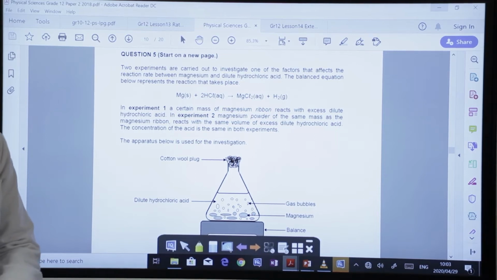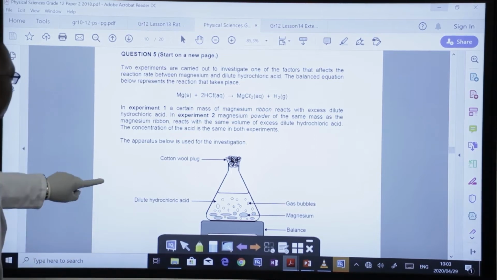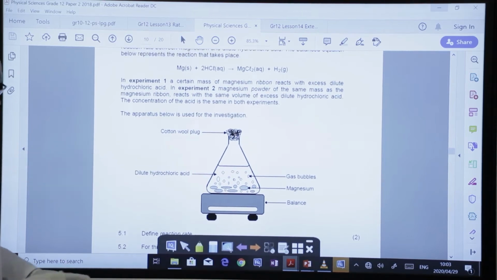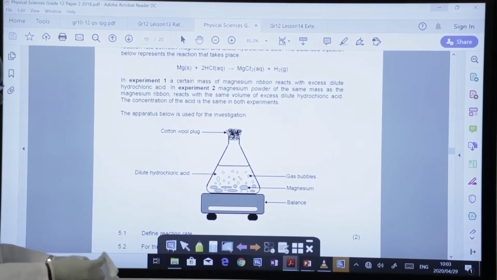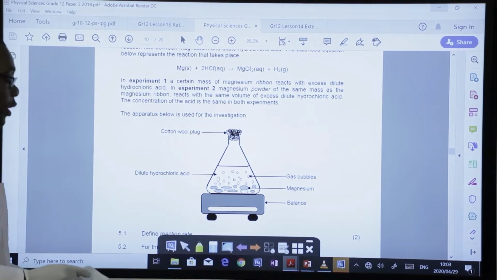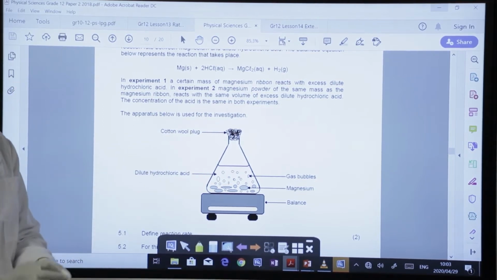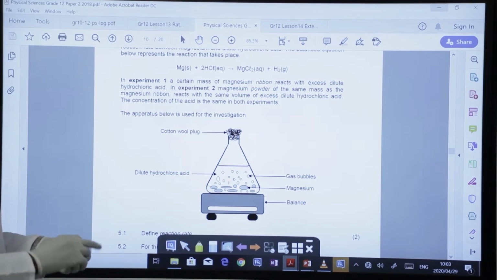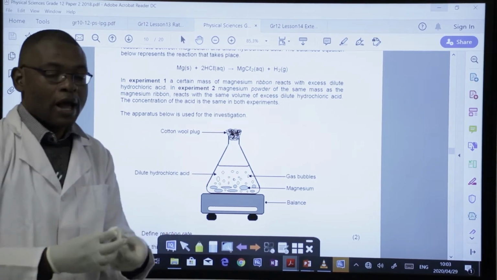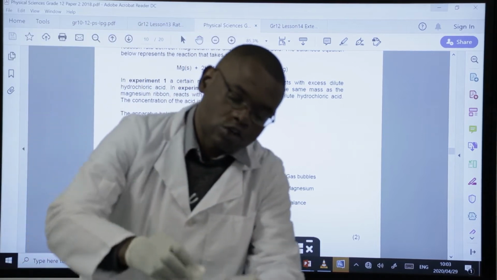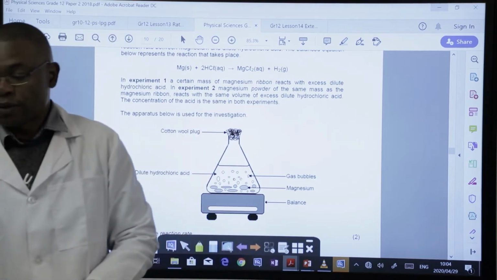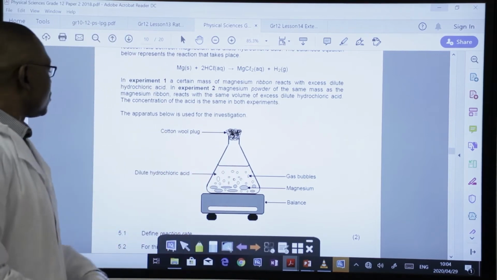So I'm going to repeat this experiment as it is here. I don't have a balance though, but it's not going to be much of a problem. I'm going to approximate the masses which we are going to use. And as for the cotton wool plug, I'm going to use a soft tissue to block it over there. So I'm going to put 50 mils of